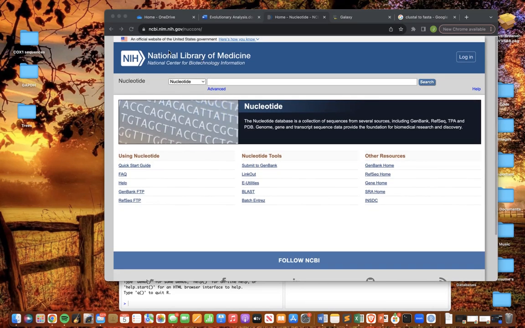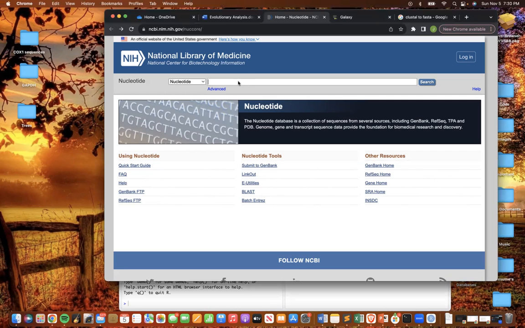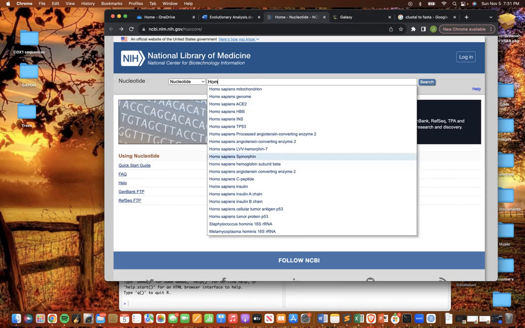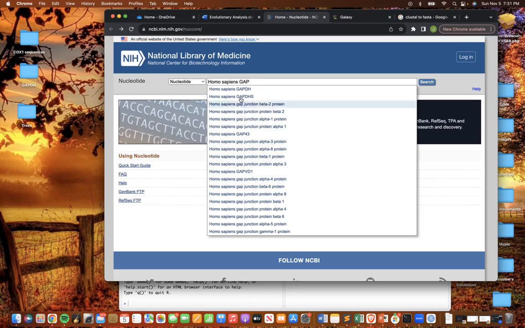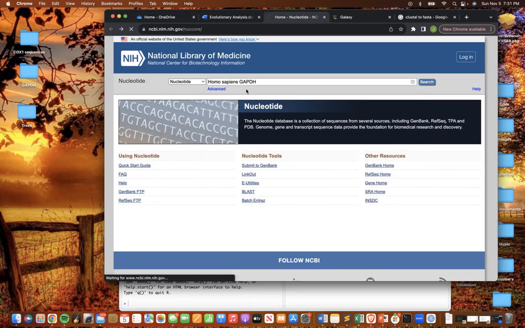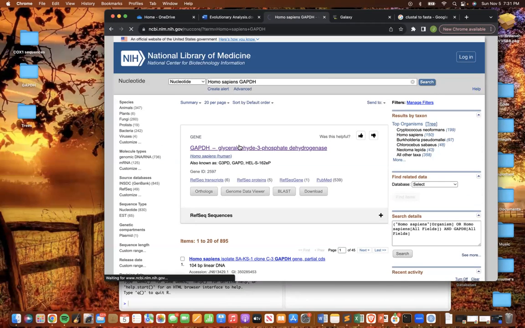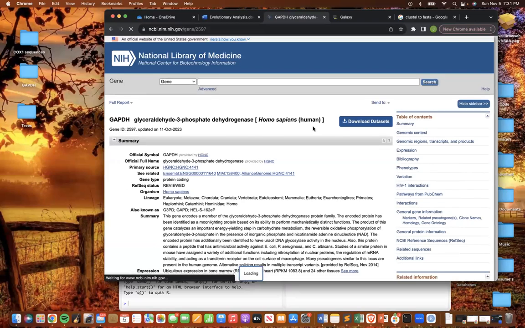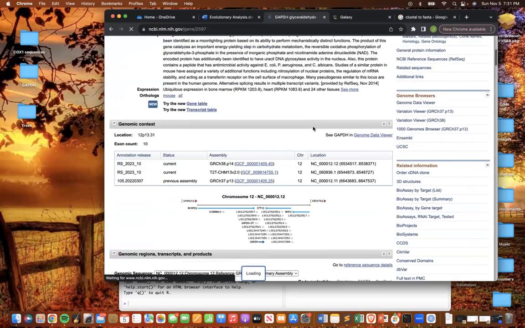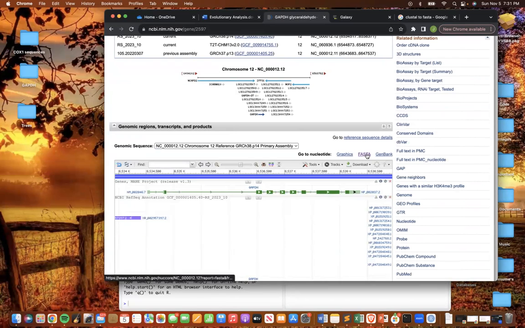I used NCBI to obtain my FASTA files using the nucleotide database. And it's fairly simple to do this. You just search for the species that you are looking for. So if we're looking for humans, we just put in Homo sapiens and then search GAPDH. Here we search that. And we can click on the gene information for humans. And if you scroll down, there is a FASTA link